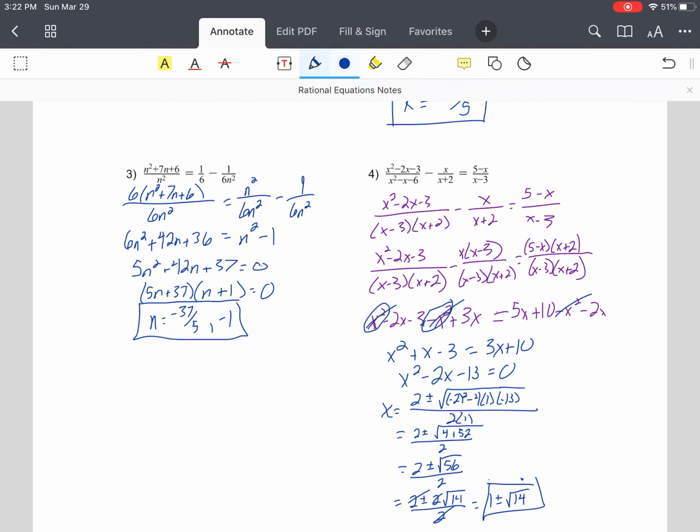Okay? But the whole moral of the story is, when you're doing these things, you get a common denominator, you eliminate that common denominator, and then you just solve like